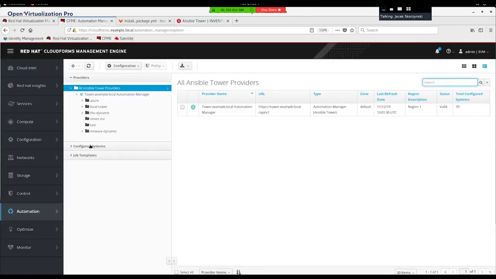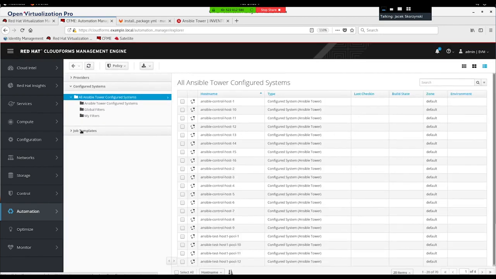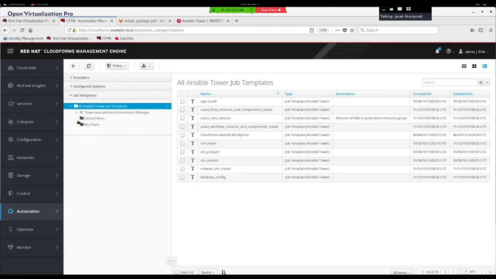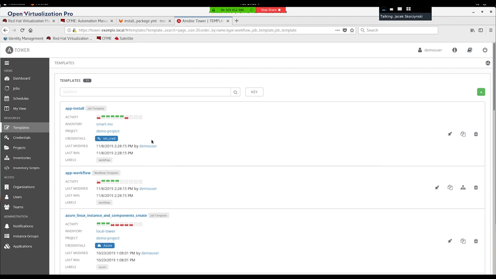My inventory, which is in sync with what we saw on Tower previously. Then configured system, then my job templates. So here I've got all my job templates ready to use in Ansible Tower. And having that integration is much easier for us to consume, because if we already have something prepared on Tower,